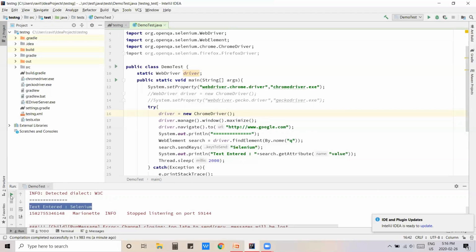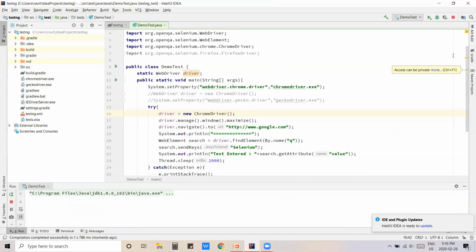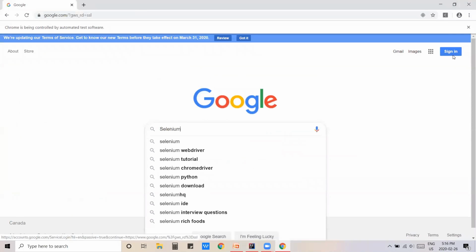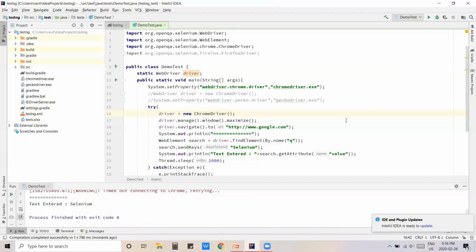So this will invoke Chrome and run the same test in Chrome. Yeah, this is just the basic flow.